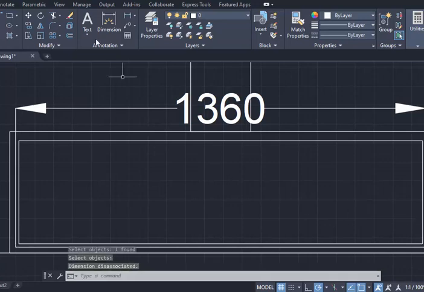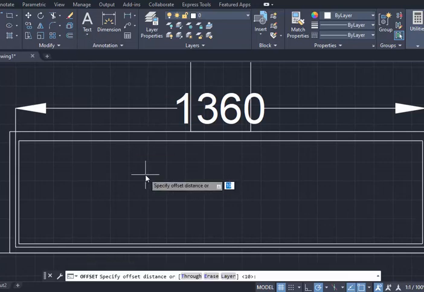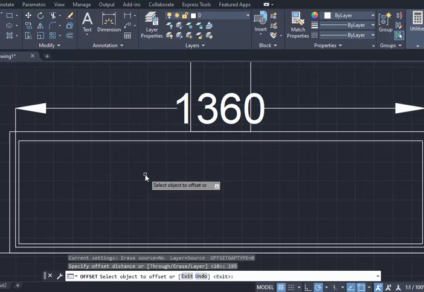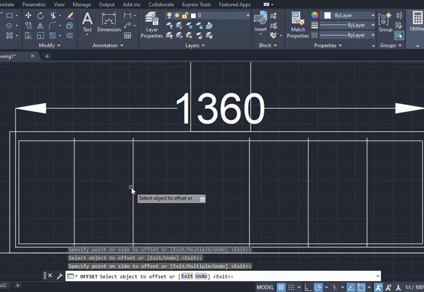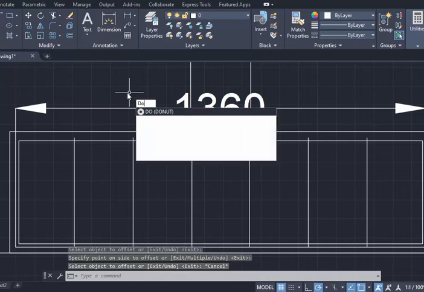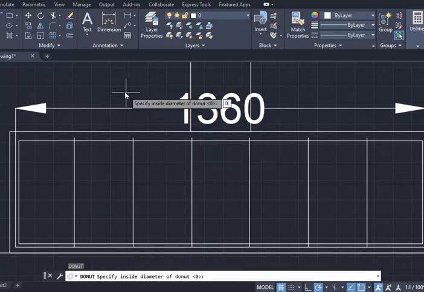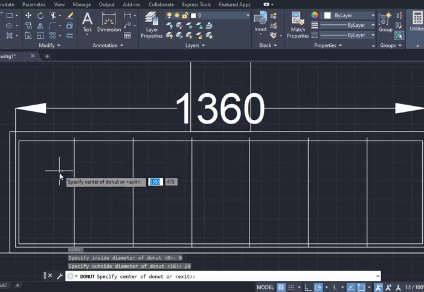Okay, so offset 195. These are just the references of my donuts. Here, here, here, here, here, and here. So now I can go to the donut. The outside will be 0 and inside will be 20. Now I can put my donut